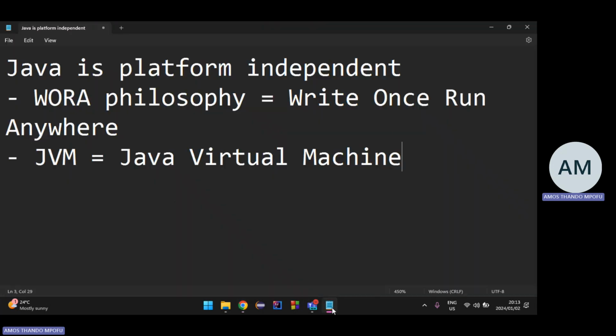If you read the words themselves, virtual means it's not a physical device. That's why you can run it on any operating system, because it doesn't explicitly run on your operating system, unlike languages like C and C++. With C and C++, it runs on that specific operating system, and then it generates a platform-specific binary file.